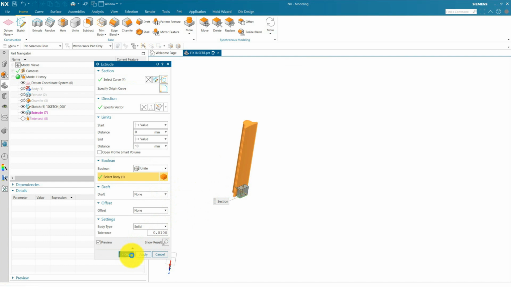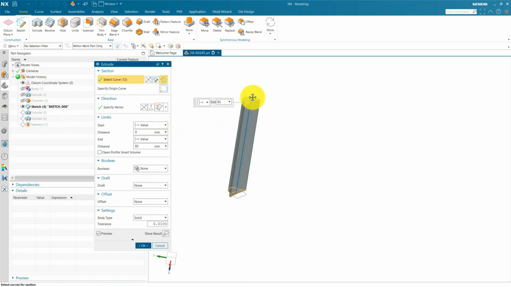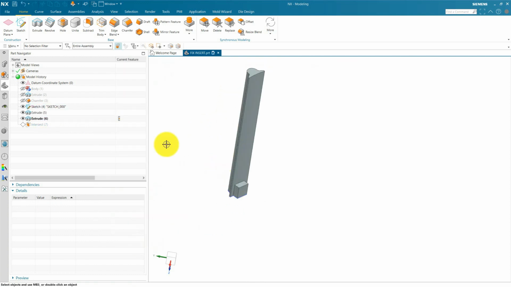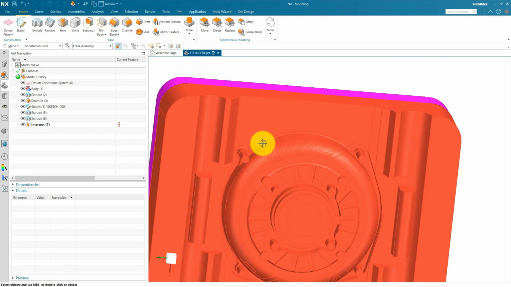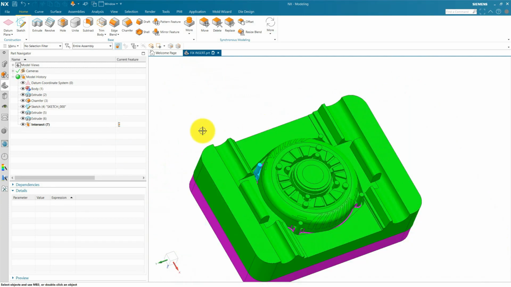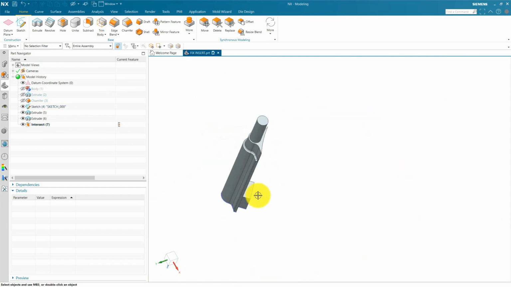It will unite, and now the extrude height must be more, and then we are going to use intersect, and it will take a shape according to our insert. Now our loose insert is created inside our fixed insert part.